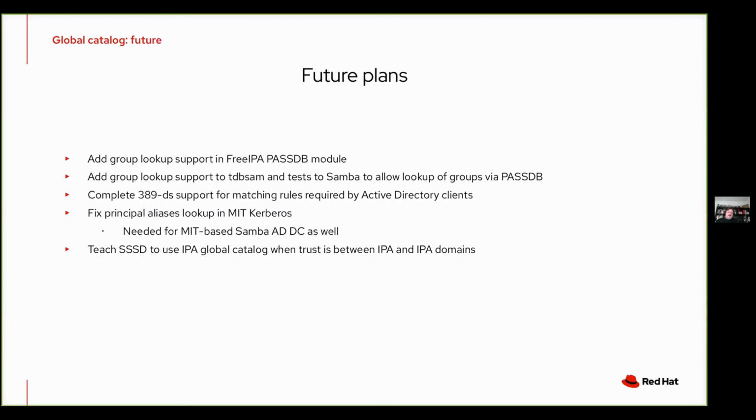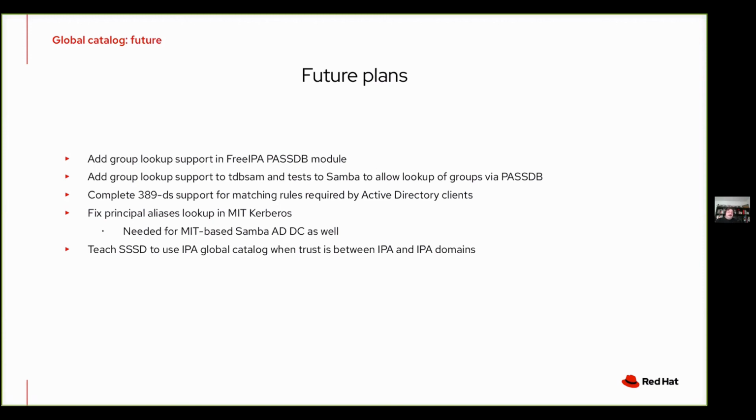In order to get this into upstream, I need to write tests, and in order to write tests for that, I need to add stuff like the group lookup and other things to existing PassDB modules like TDB SAM. So it's kind of a snowball that I'm trying to implement right now.